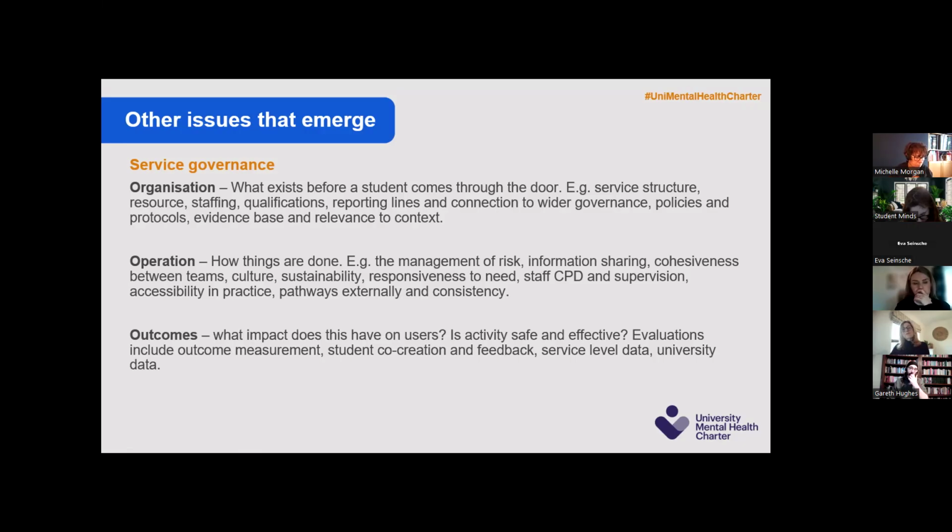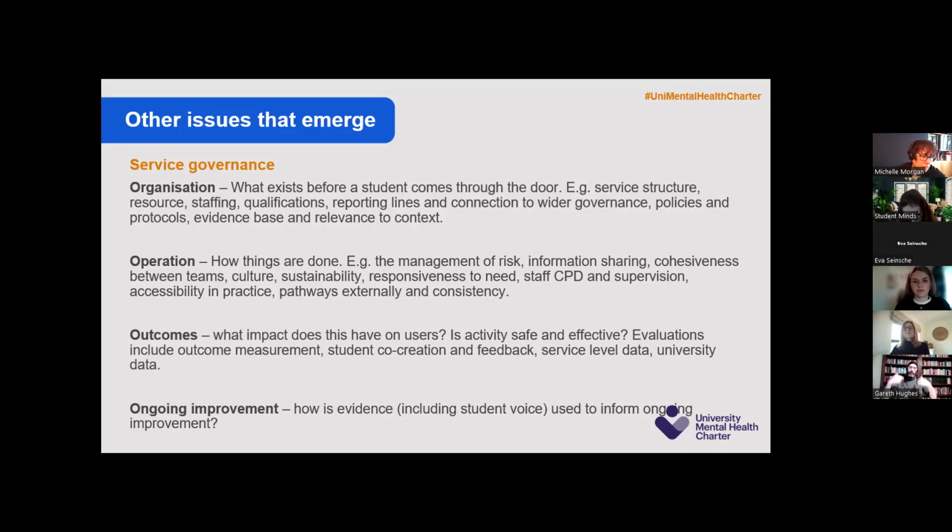Then the outcome. Is the outcome actually evaluated in some way? Can we demonstrate that it's safe and effective? Are we listening to the voices of those people who are using those services and what they're telling us about that? And are we looking at the broader data sets that we've got to see if there's anything else, like, is there a population that we're not reaching for some reason? And then are we using all of that to actually improve overall, or are we just gathering the data and letting it sit and going on with doing what we've always done? And helping universities to see this as an ongoing process between these four O's: organization, operation, outcomes, and ongoing improvement.